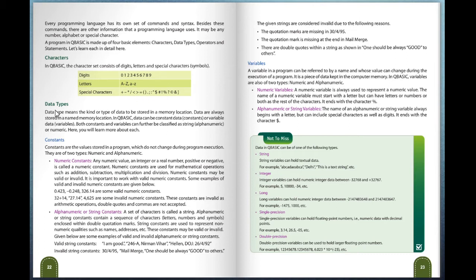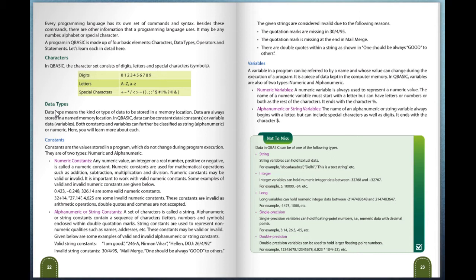Data types: a data type means the kind of data that is to be stored in a memory location. Data are always stored in a named memory location. In QBasic, data can be constant data or variable data.